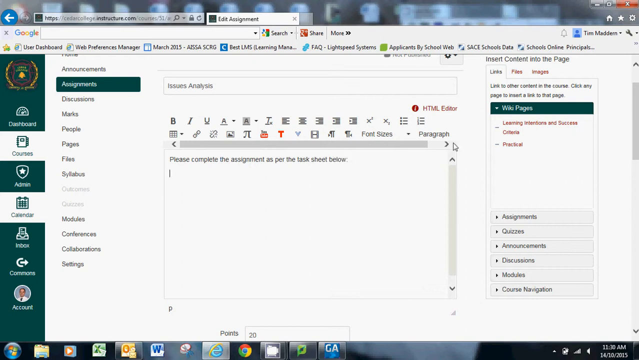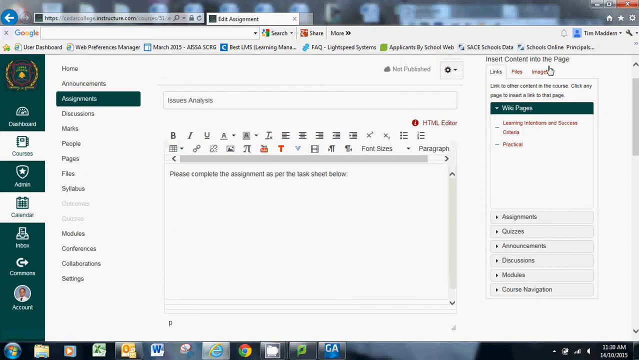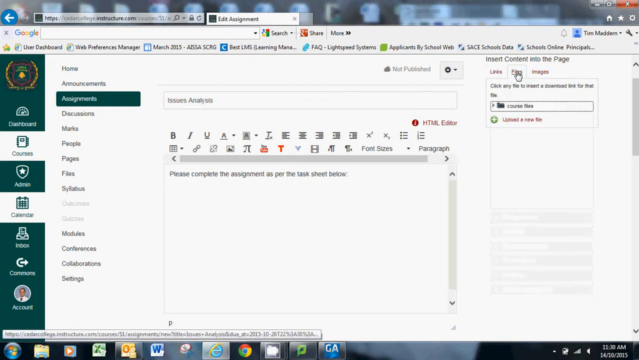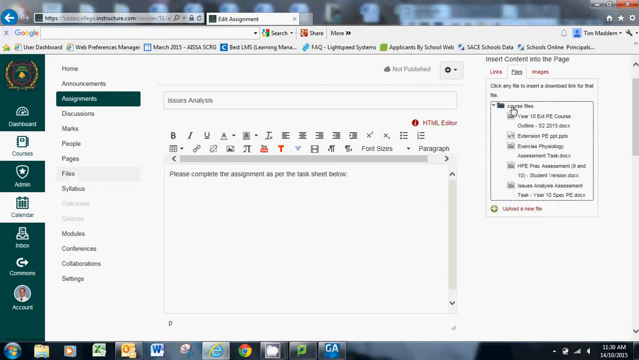And then you can see on the right of the screen over here that I can insert content into this page. I want to insert a file. Now, before, you know how we spoke about you can enter files for your different courses. I actually uploaded this task, the issues analysis assessment task, here, so I can enter that file, insert that content